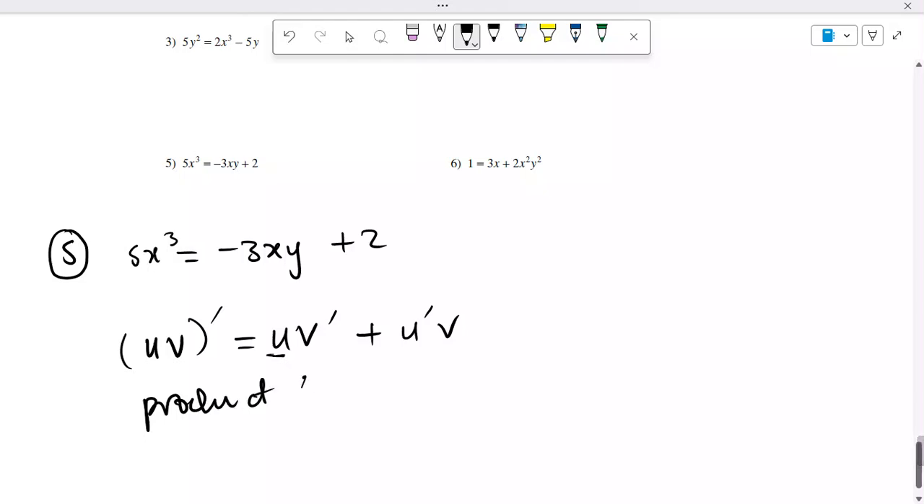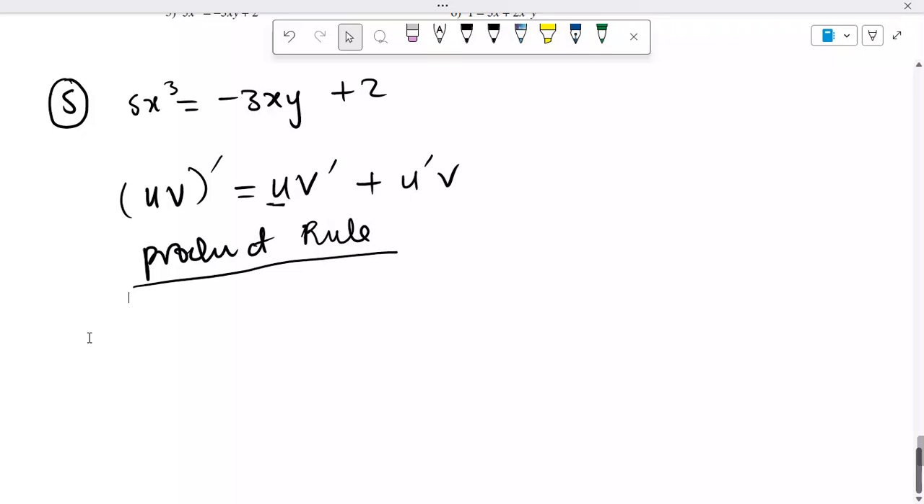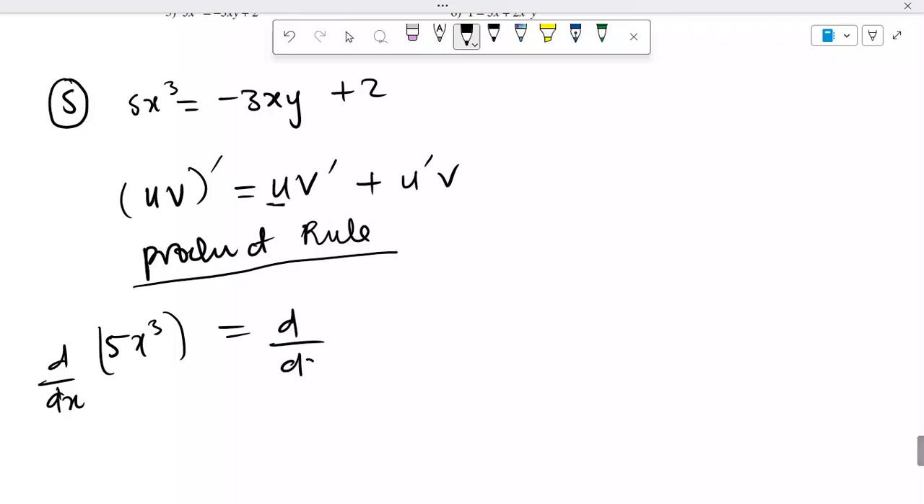Product rule. Okay, so this is the product rule. Okay, so now let's do this. We can just differentiate. So we say 5x to the power 3, so we write d over dx equals d over dx